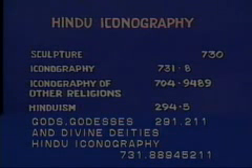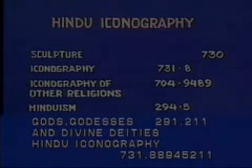Hindu Iconography. Iconography deals with pictures, idols and images. In this particular case, the author discusses the sculpture of the idols of Hindu gods and goddesses. The number for sculpture in the main schedule is 730. Under this, the subdivision iconography is represented by the number